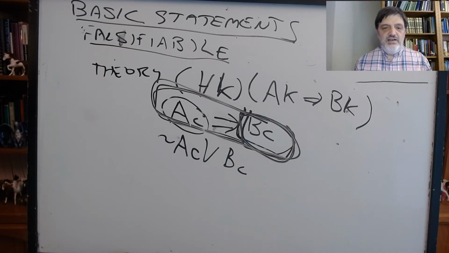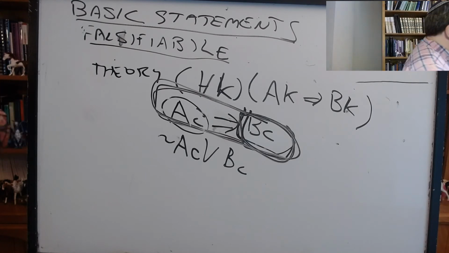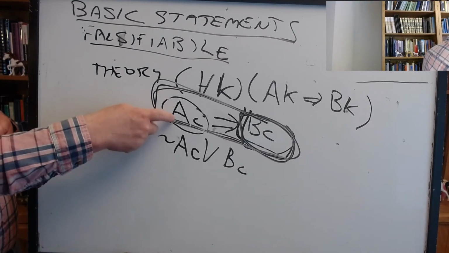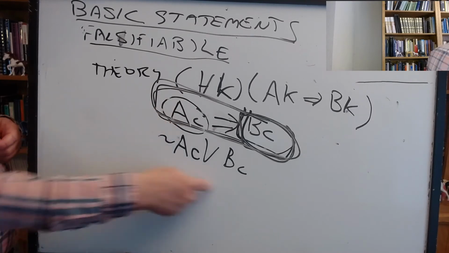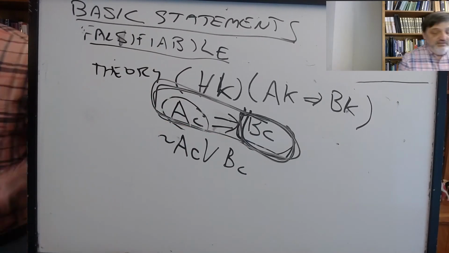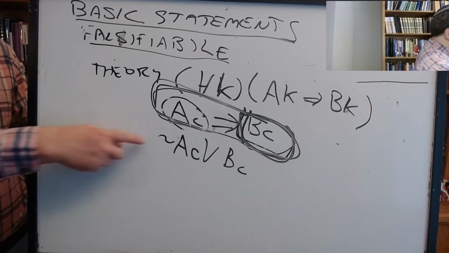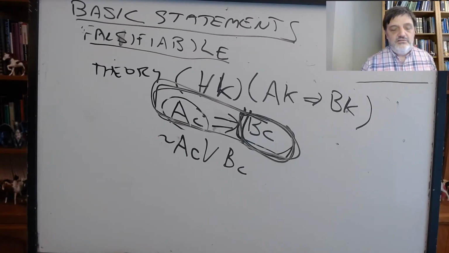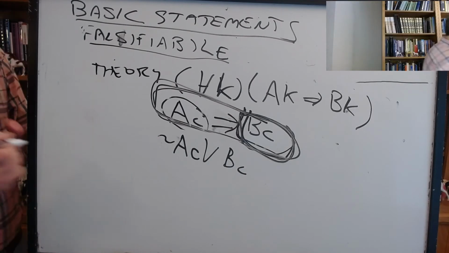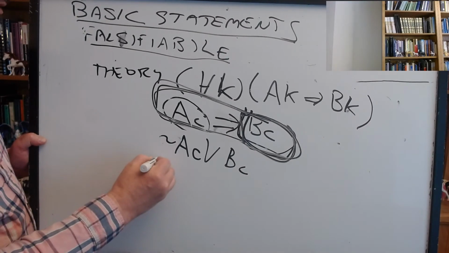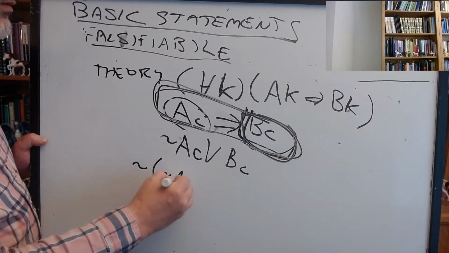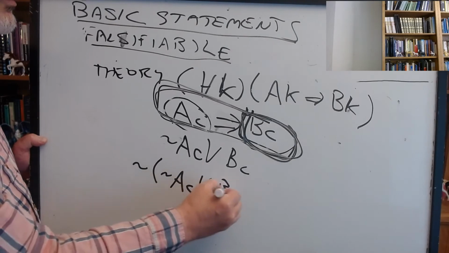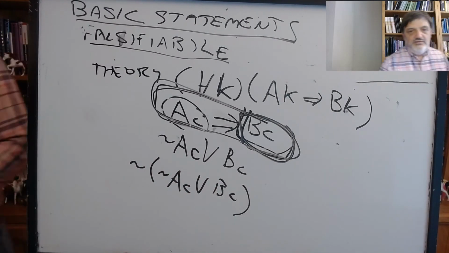And that criterion is exactly the same as the criterion of falsifiability. Why? Because if the theory implies this, in other words this, then the theory is inconsistent with the negation of this. So the negation of this is, obviously,